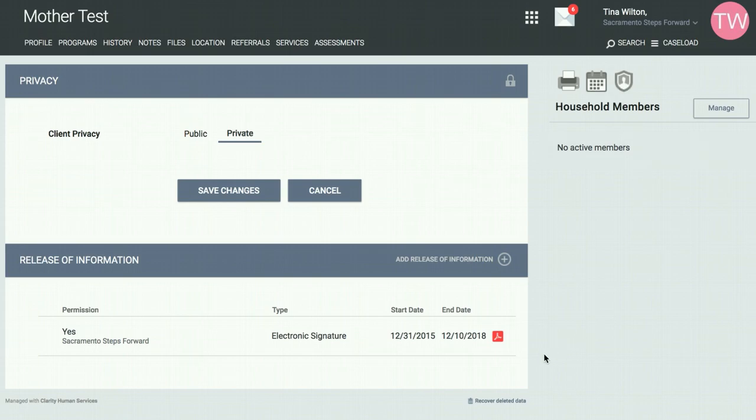The reason why we do this is HMIS does not allow consent forms with overlapping dates. So being that this one was from December 31st, 2015 to December 10th, 2018, what we need to do is change our end date to the day prior to our new signature date. To do this, it's quite easy. You go over here to the edit button,